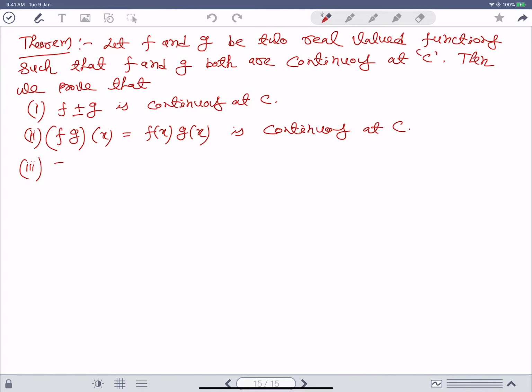And if g of c is not equal to 0, then we have already proved that there is an interval containing c such that g of x is not equal to 0, right? We have proved that. Now here we prove that the function f by g, which is defined by f of x by g of x, is well defined, and this function is also continuous